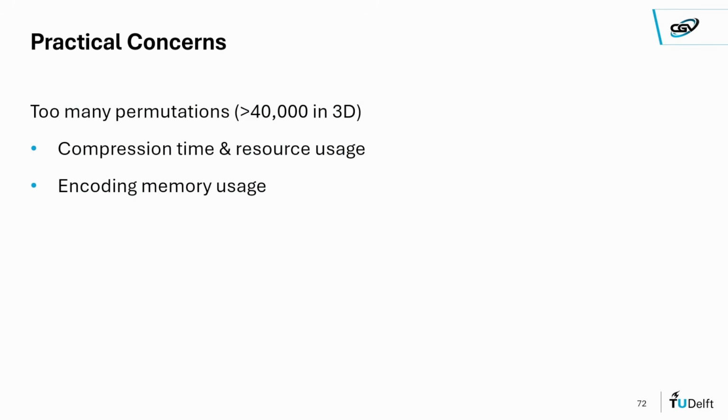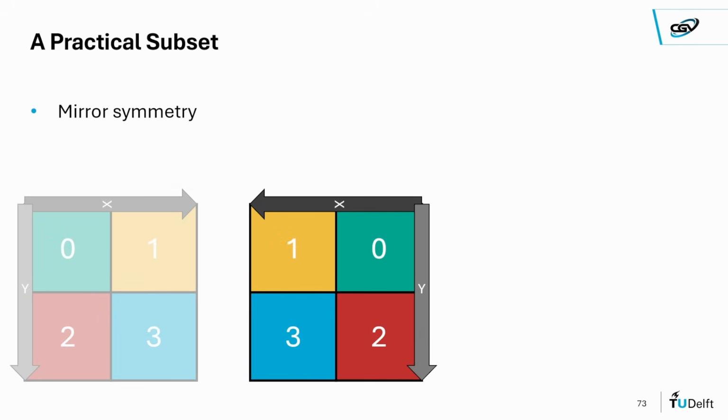Now there are some practical limitations to this method, which is that we're considering many different permutations. So in 3 dimensions, there's over 40,000 ways we can reorder the 8 child pointers. And this is a problem both in terms of compression time and resource usage during compression, but also the memory usage of the encoded transform-aware SVDAG because we need to encode 40,000 different options. So instead, we're going to suggest a much smaller and practical subset, which consists of mirror symmetries